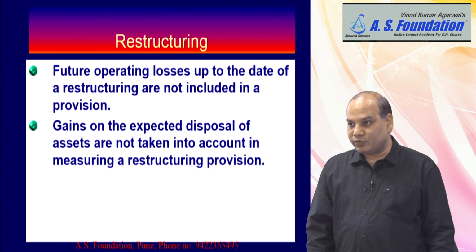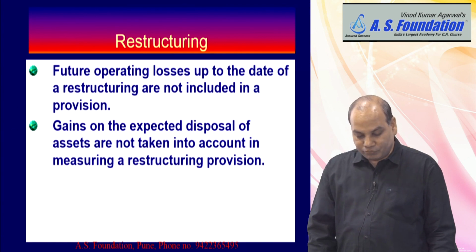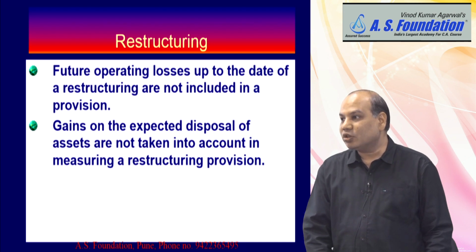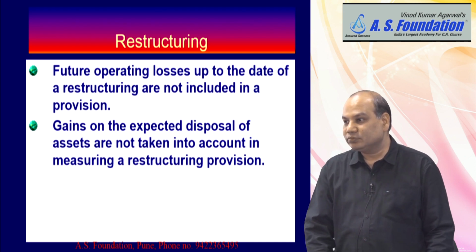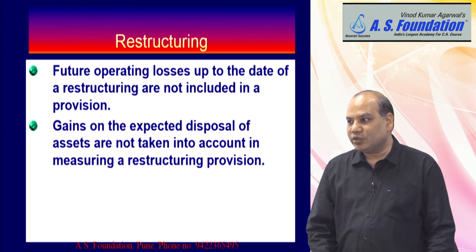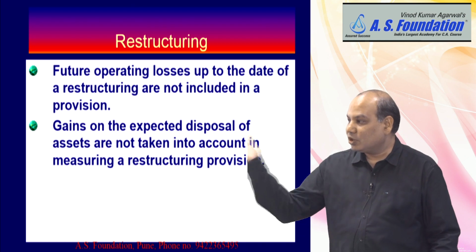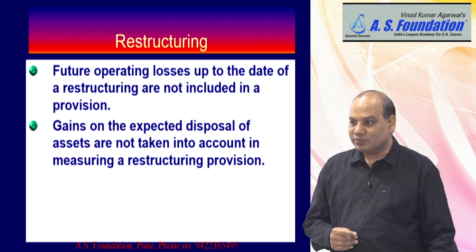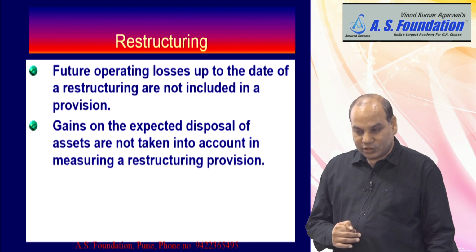Only few more instruction. When you are making provision for restructuring cost, do not consider future operating losses. Do not consider. Why? It is not a past event. We are in year 2018-19 and you are making provision for loss of 1920 in the books. Can we do that? No, past event is not there. Concept of prudence, second line.